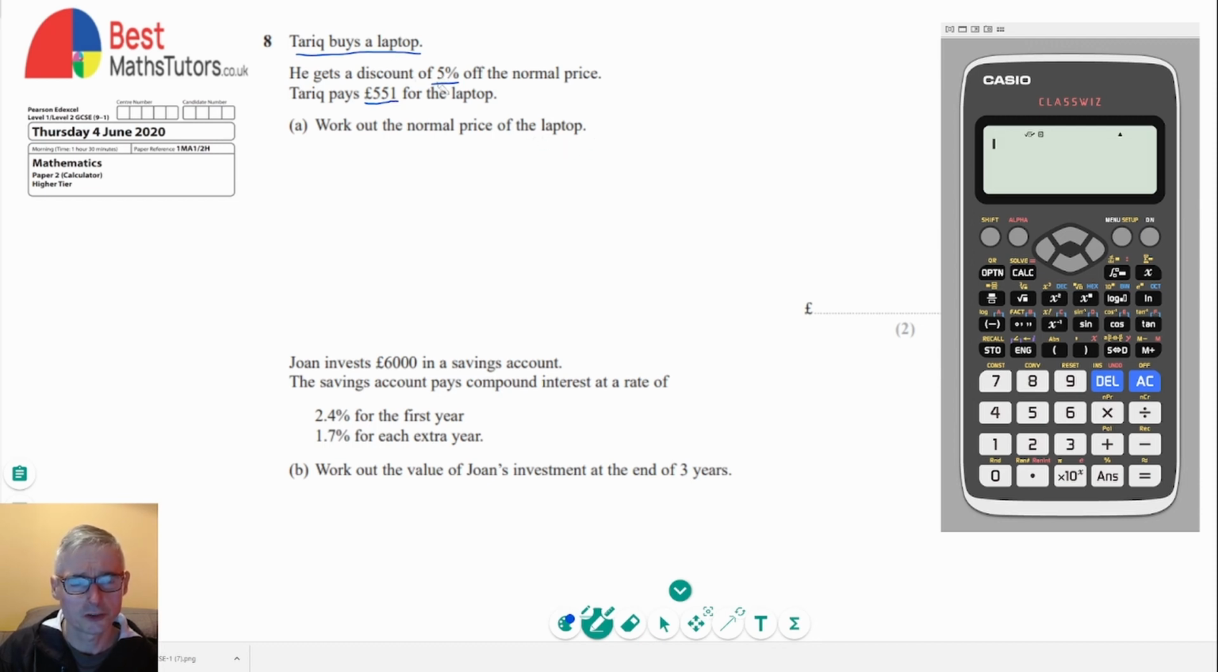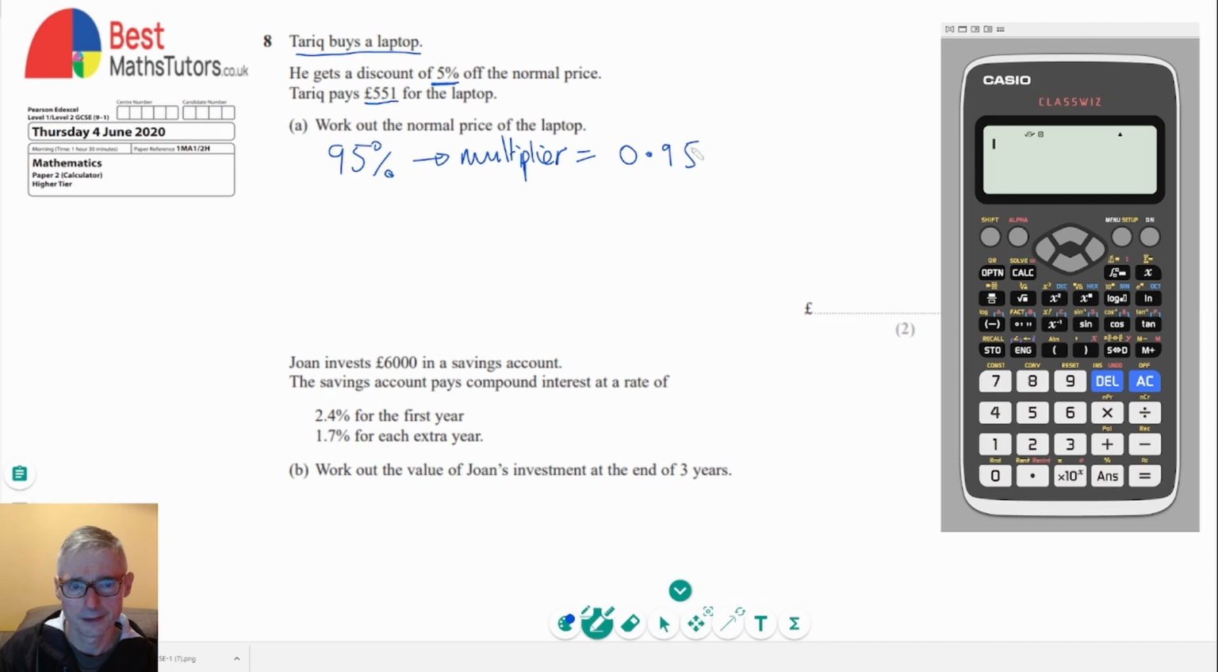So what we could do first of all is work out what the multiplier would be if we were to do a discount of 5%. After a discount of 5%, we'd actually have 95%, because we would have started off with 100% and taken 5% away from it. So our multiplier, as I like to call it, is the 95% as a decimal, which is